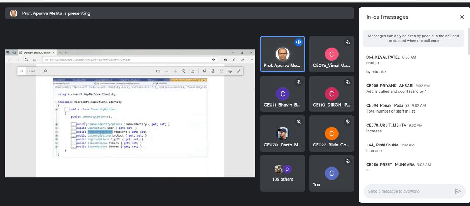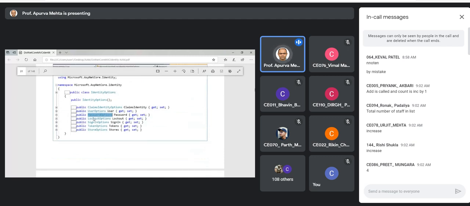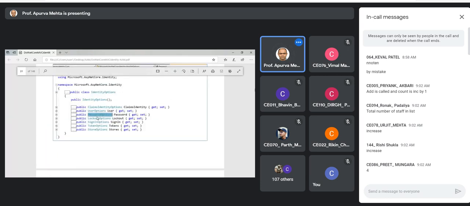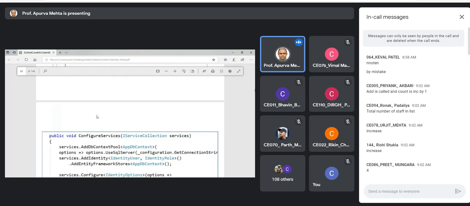And there within the identity options class, you will see this password option class. Here if you click, you will see the password option class and all its properties. Here again on the password options, you need to click and go to definition. So that's another way.